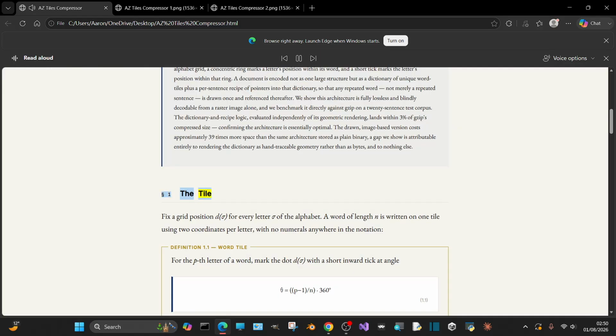The tile. Fix a grid position d(σ) for every letter σ of the alphabet. A word of length n is written on one tile using 2 coordinates per letter, with no numerals anywhere in the notation. Definition 1.1, Word tile. For the p-th letter of a word, mark the dot d(σ) with a short inward tick at angle θ equals p/n times 360 degrees. (1.1)